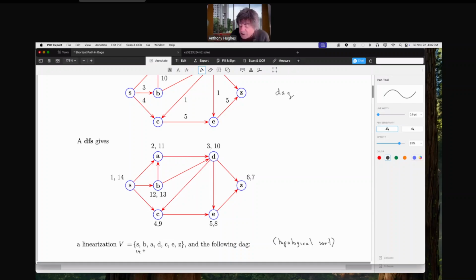S is 14, B is 13, A is 11, D is 10, C is 9, E is 8, and Z is 7. So that's descending post order. It's called a linearization or a topological sort. Then what you do